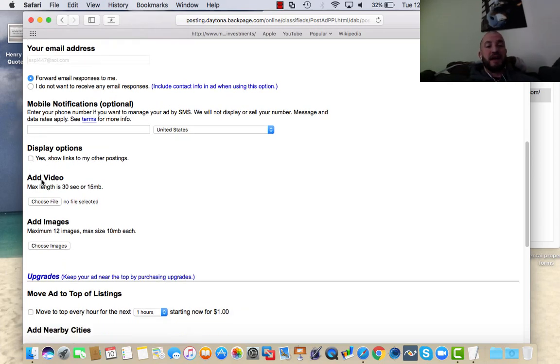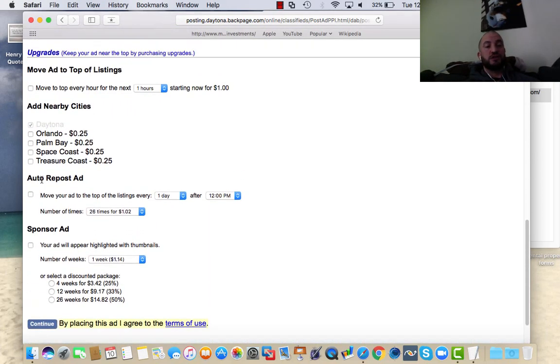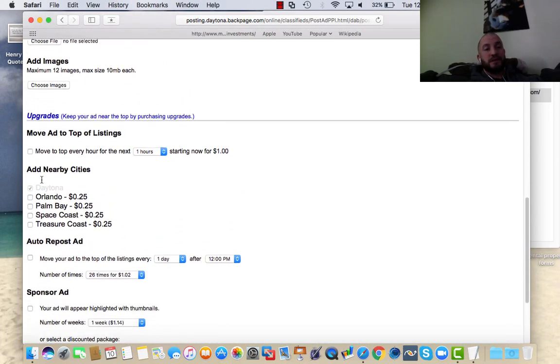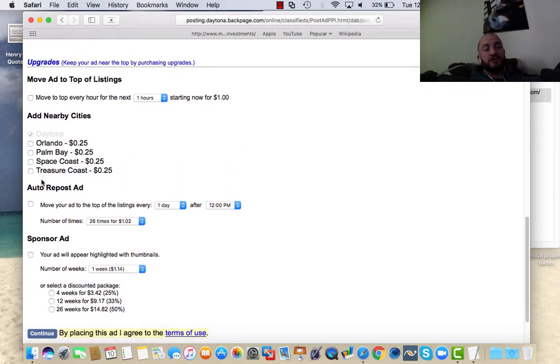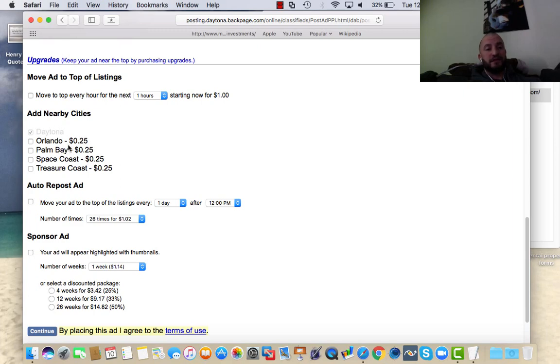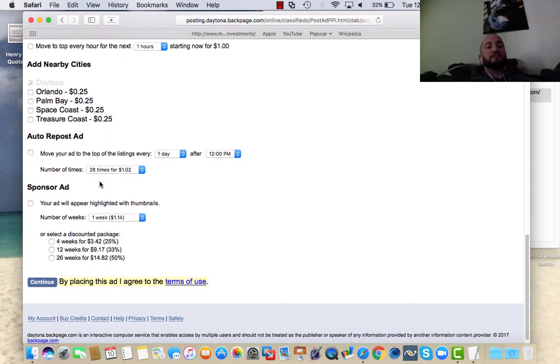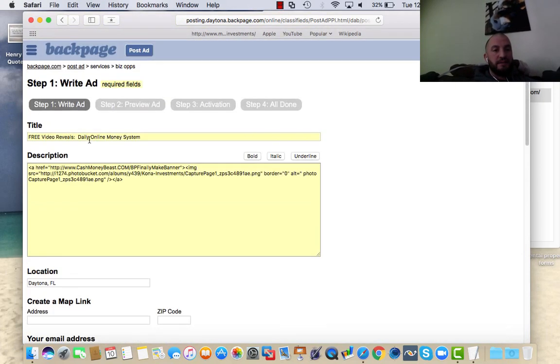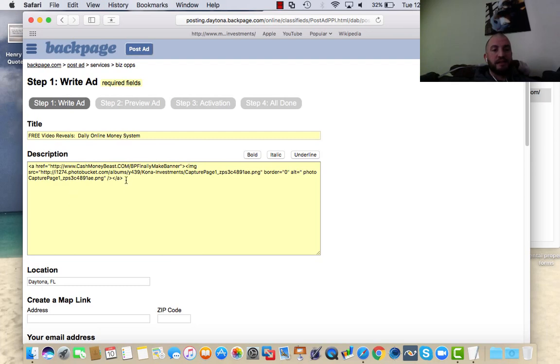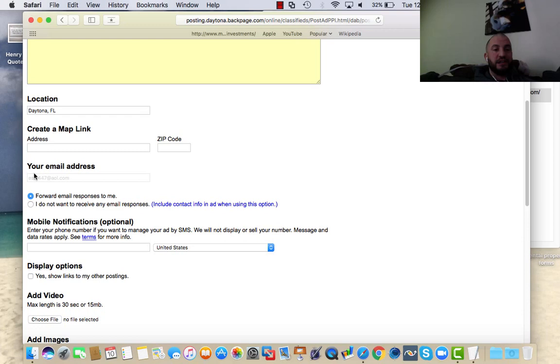I'd uncheck that box, and all you need to do, unless you want to, there's some upgrades here that you can do for some money. For example, you can add nearby cities for 25 cents. But after I place this ad, I'll quickly show you how you can post in the same state in different cities for free. So once I have my title and my clickable picture ad code placed here and the city location,